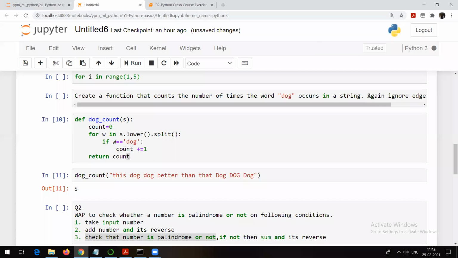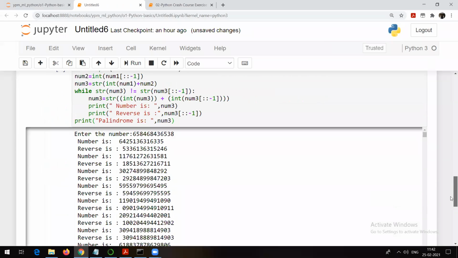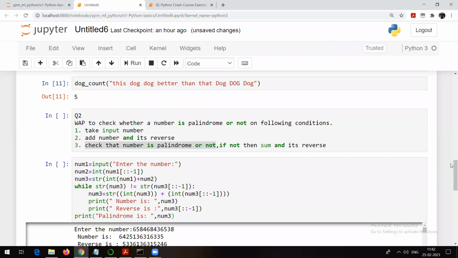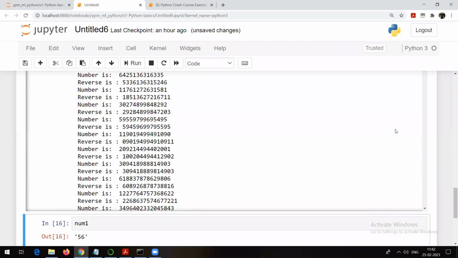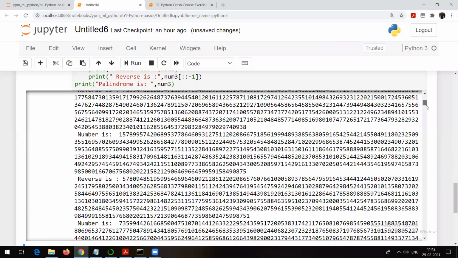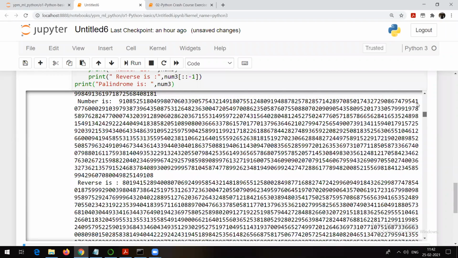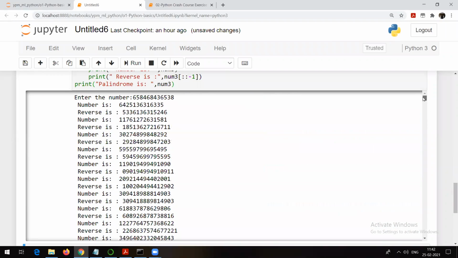You can take any bigger number. Just try out that particular code in your case, and if someone still has any doubt, please ask. See, it has calculated how many numbers. Check this one. See, a very big number it has calculated. Are you getting it or not? It is just trying to do the sum again and again.